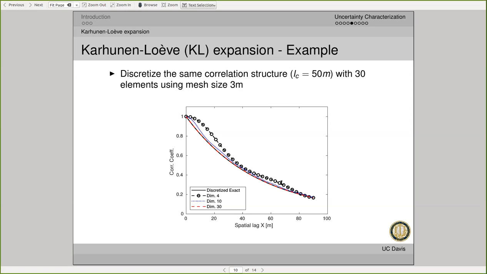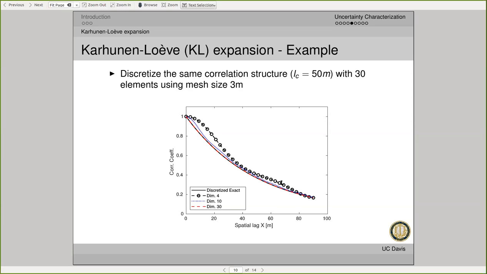But this is an excellent point that you have to go back and make sure that your dimension, that you have enough elements, enough discretization to be able to model the data that you actually have, because you're expanding the original data into this expansion, and you need to verify that your expansion does a proper job for the data that you have.